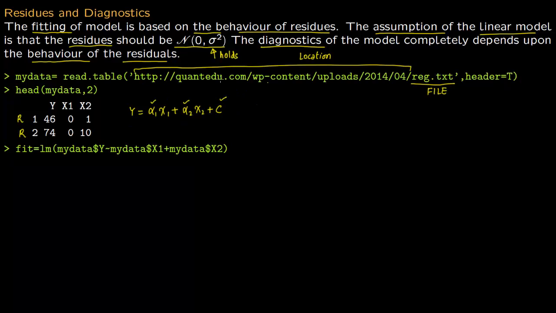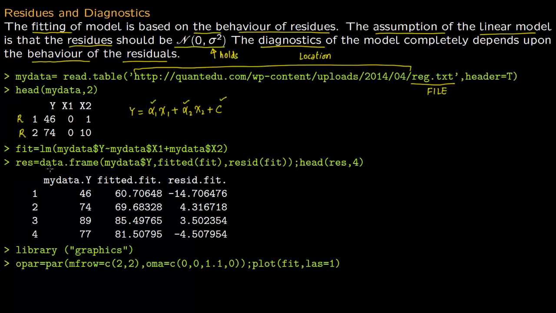Now after you have the linear model, we want to know what the residues are. So let us understand first what the residues are. For the residues, I will make a data frame. So this is y. Y is just these values, this column. Now I'm taking 4 values here. So see, head of residue 4. Residue is right here. Notice that the first 2 values are precisely the same right here because I've just copied them down. Then we find the fitted values.